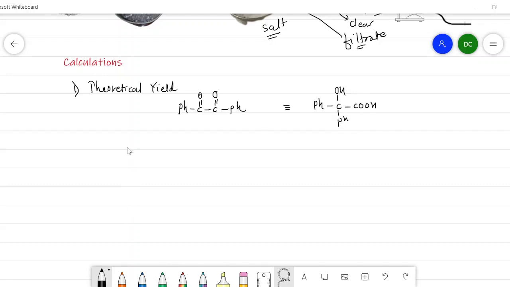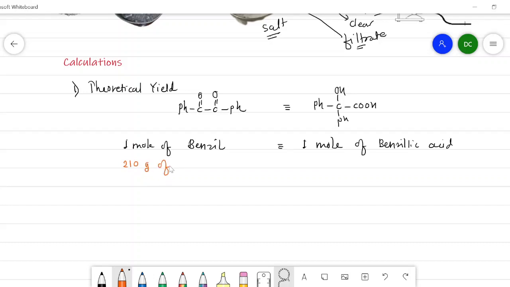Now we will write an equation where 1 mole of benzil corresponds to 1 mole of benzilic acid. If you look at the structure of benzil and benzilic acid, 1 mole of benzil is nothing but the molecular weight of this benzil, and 1 mole of benzilic acid is nothing but the molecular weight of this benzilic acid. When you calculate the molecular weight of benzil and benzilic acid, then we get a formula which is like this: